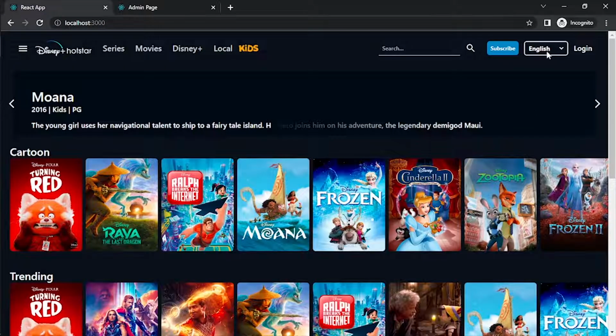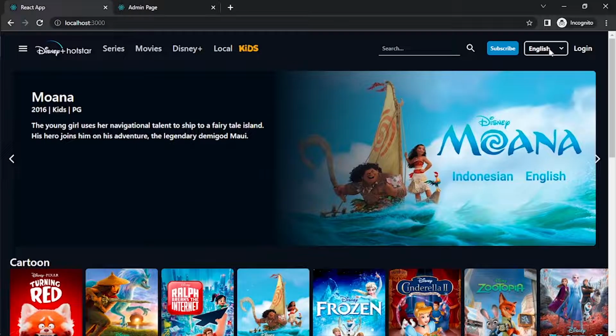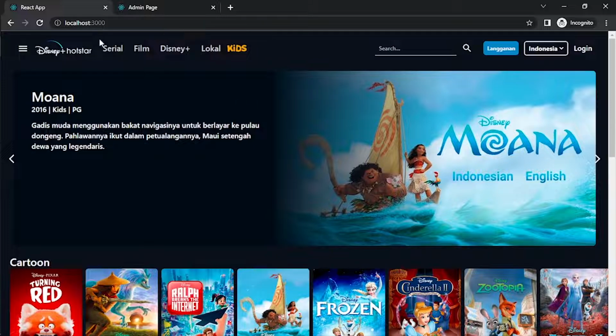and here we can also change our website language. If I click the Indonesia one, it will change all of this to the Indonesian language, for example serial, film, lokal, and so on. I will change this back to English,